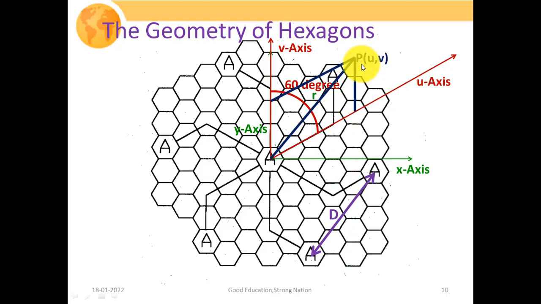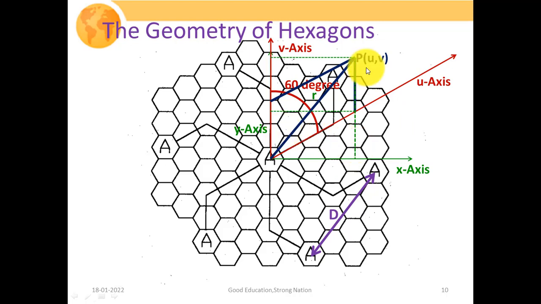So let us say here P is any point, and we have to evaluate this distance in terms of your original rectangular axes, that is your x and y. If we closely observe, this is nothing but a rectangle, so this distance and this distance are the same, and similarly this distance and this distance are also the same. So our objective is just to evaluate the value of this r in terms of x and y. So how are we going to do that?